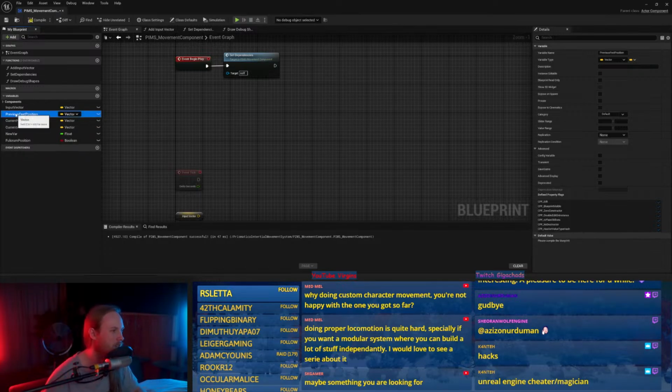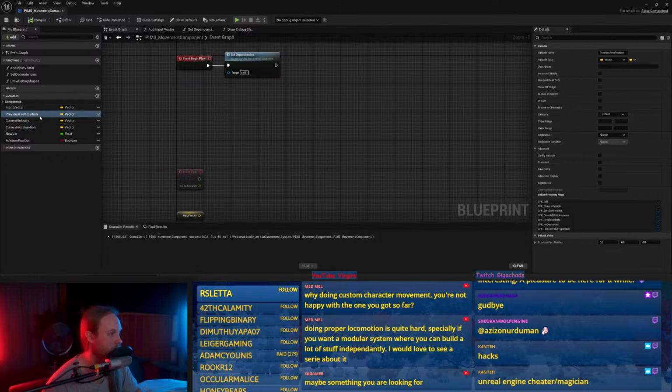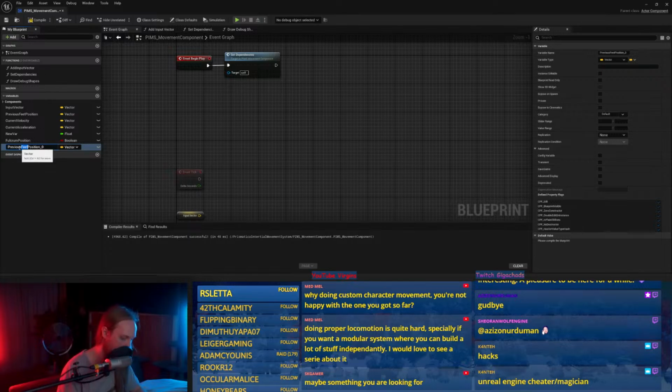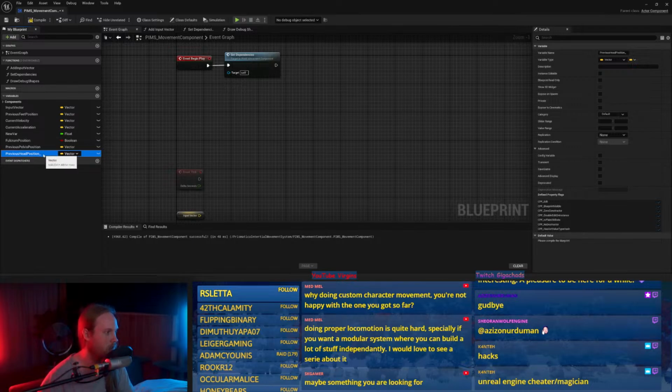I'll just call it feet, pelvis, head. We're not going to say fulcrum and that kind of thing. Previous pelvis position, previous head position. So these are our three points.